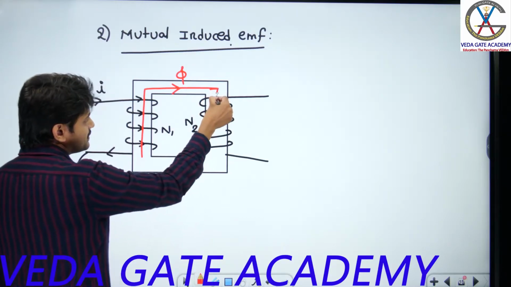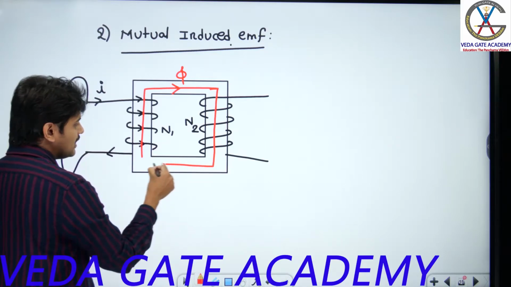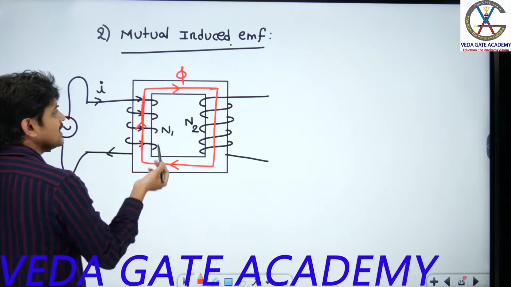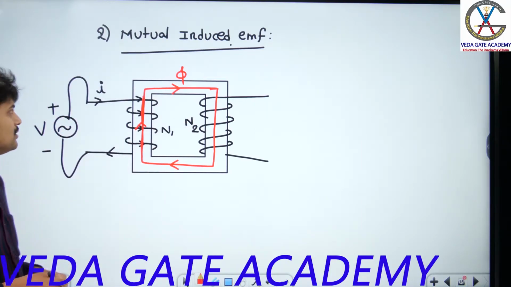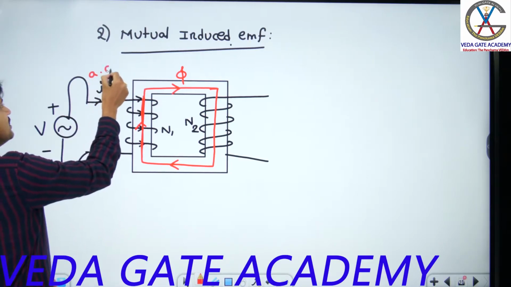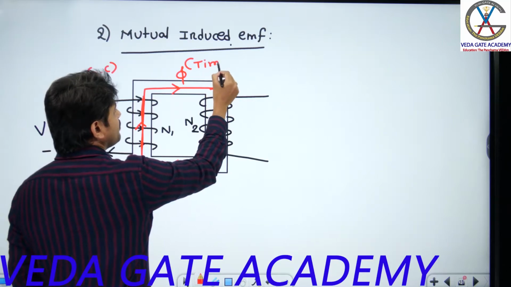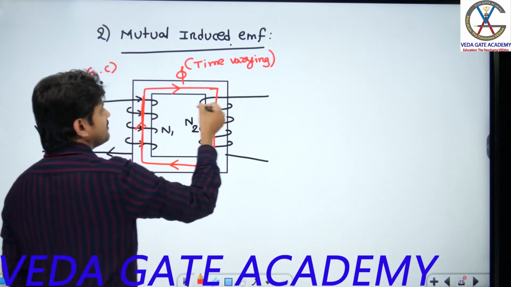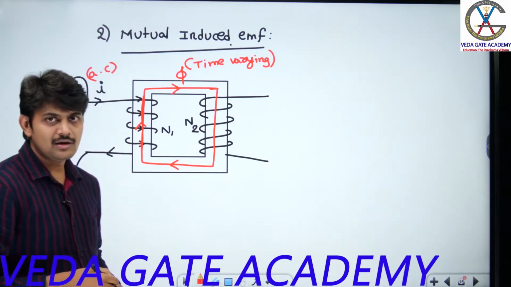If the flux is flowing in this way, it is going to link with coil 2 having N2 turns, and again it is going to link with the coil having N1 turns. So the flux is linking with both coils N1 and N2. And here we are giving an AC current or DC current? AC current. So the flux is time varying or time invariant? Obviously it is time varying flux. As time varying flux is linking with a stationary winding, statically induced EMF will be induced.